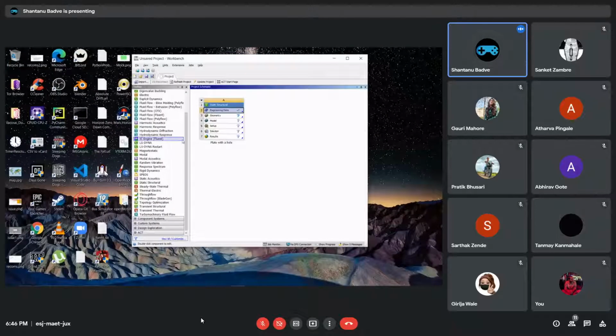As soon as you put the static structural in here, you will get many options, and you can already spot some options that we just talked about. You can see geometry over here. Model is nothing but mesh. Setup is nothing but physics setup. Solution is nothing but numerical solution, and results is nothing but numerical results. In the numerical results itself, you do the verification and validation, which we will do by comparing it with the pre-analysis results that we just got.